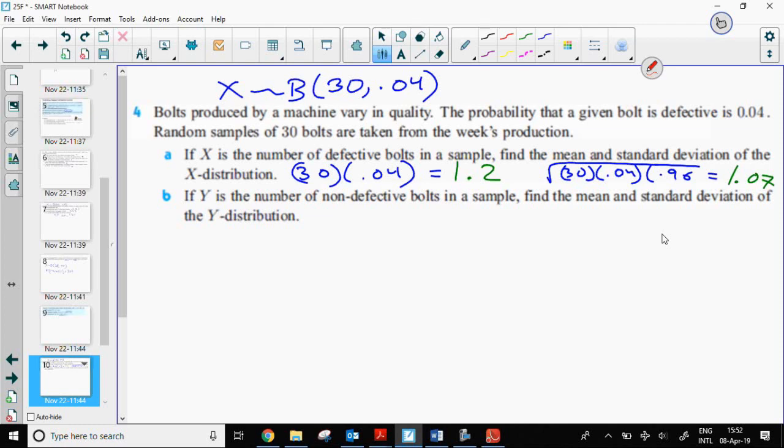Letter B, we're talking about a different distribution. This is y, which is binomially distributed. Y is the number of non-defective